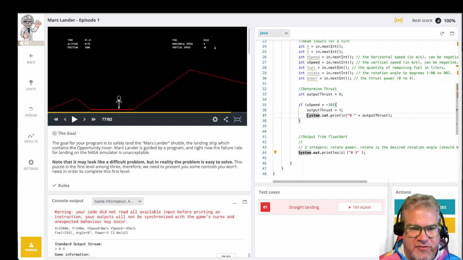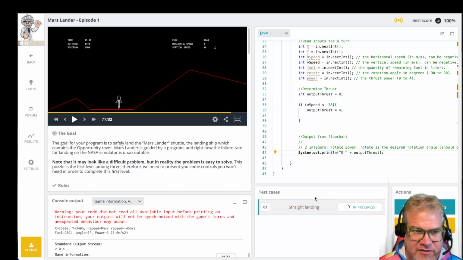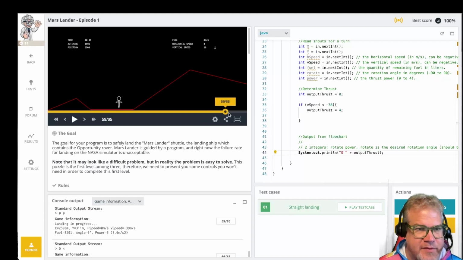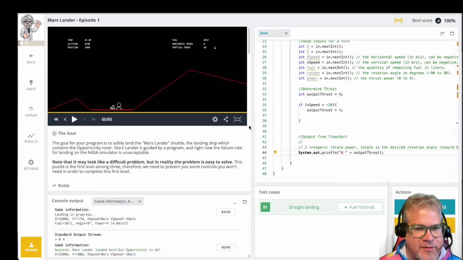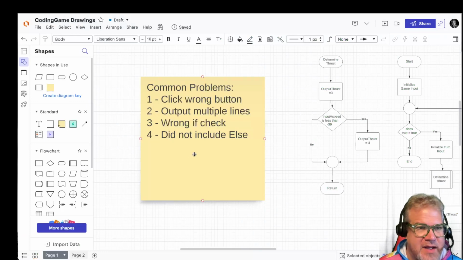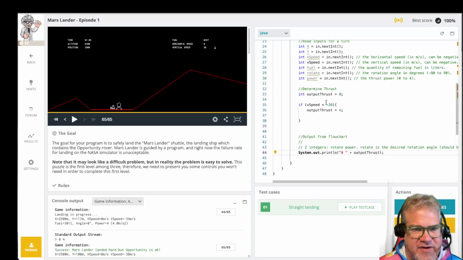And so if we put this back the way it was, just have the one output line, all of a sudden this starts working again. Right, all the way to the end, and that works just fine. So having multiple output lines when you should have a single line is one. The wrong if check. So this if statement, if it is wrong, and with this one in particular, leaving off